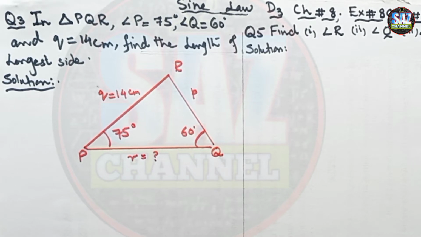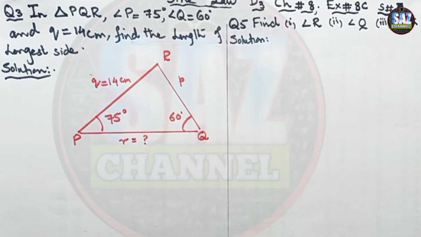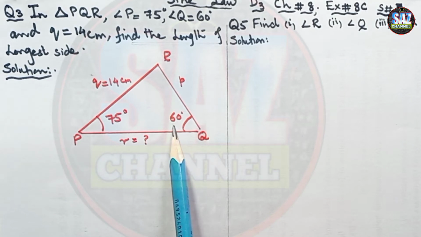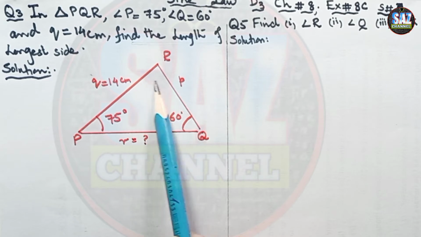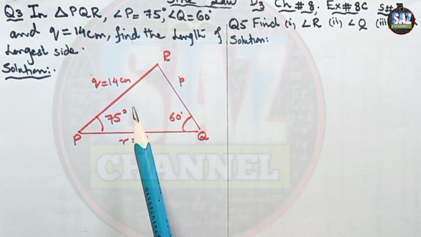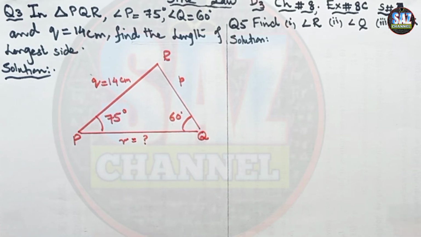Okay, and we know that the longest side will be the side which is opposite to the largest angle of the triangle, and the smallest side is the side which is in front of the smallest angle, or the smallest angle will be the angle which is in front of the smallest side. If we look at the given triangle, we are just given two angles. We're not given the third angle of the triangle. So without finding this third angle, we cannot make a decision about which one will be the largest side or largest angle. So first of all, I have to find the third angle of this triangle.